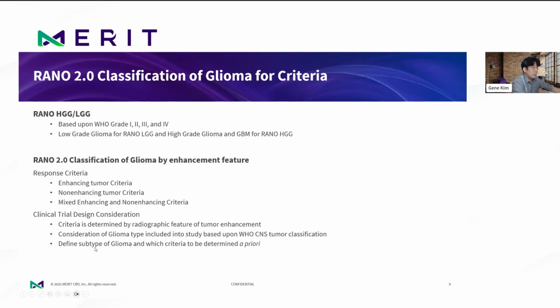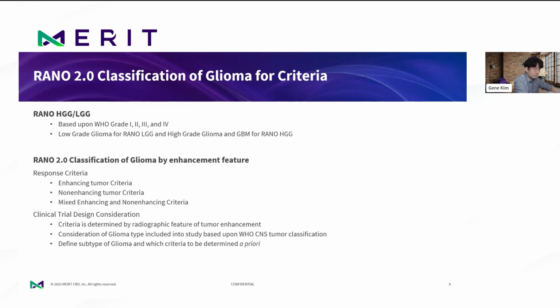Important thing for these is that these subtypes and which criteria to be used should be a defined criteria and determined a priori before the study starts, per protocol and a charter. So this is one important consideration, that this is more of a predefined criteria, that which patients go into which criteria for their assessment while the independent review of the radiology occurs for